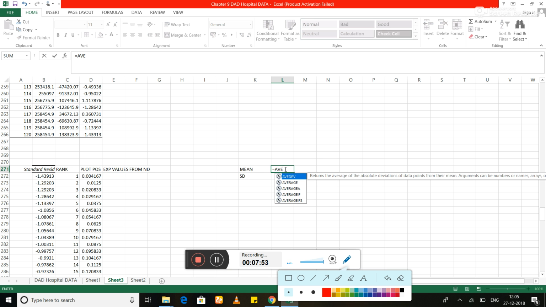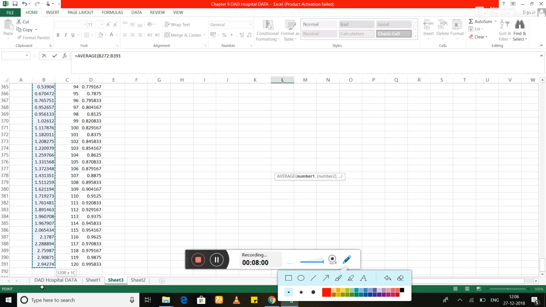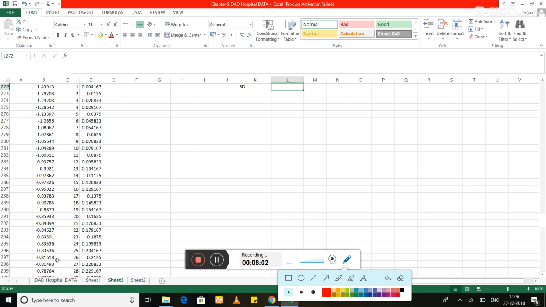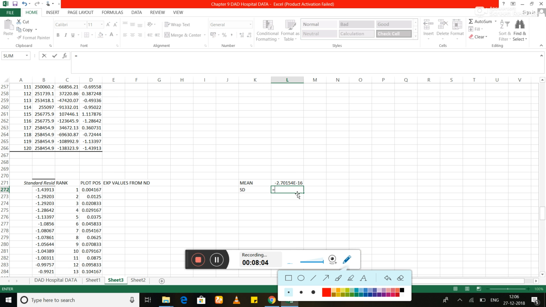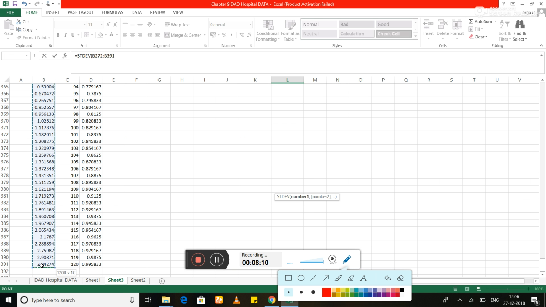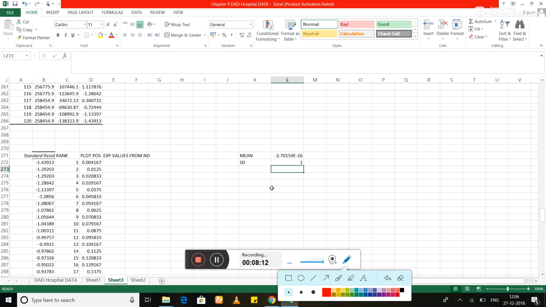As you all know, for the mean we have the function AVERAGE of all these numbers, and the standard deviation of the same. So the mean and standard deviation are obtained.